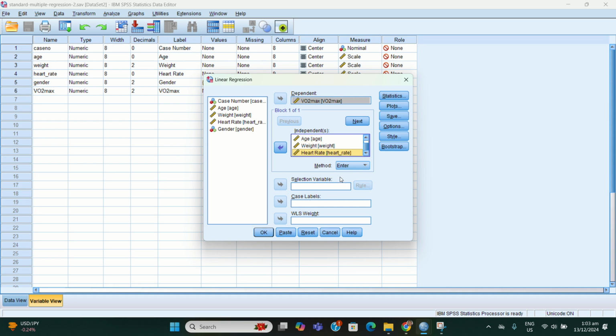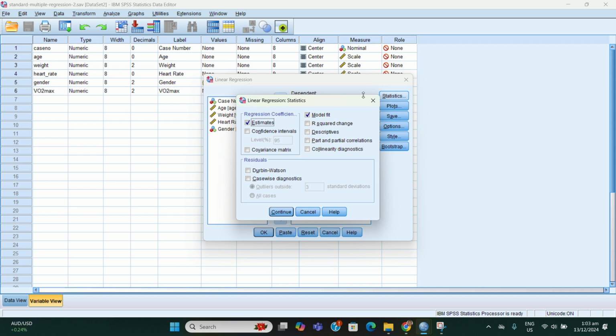Next, we have to click Statistics. Then we check estimates and confidence intervals, and set it on the 95% level.